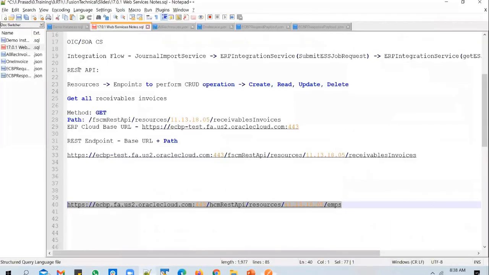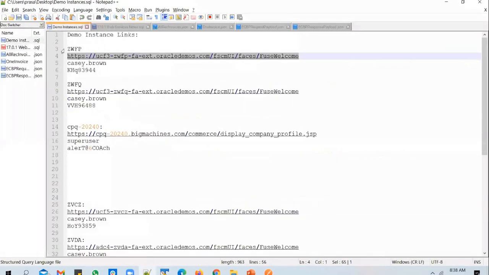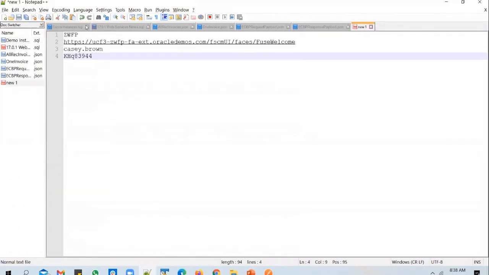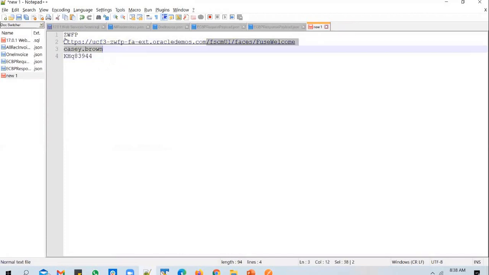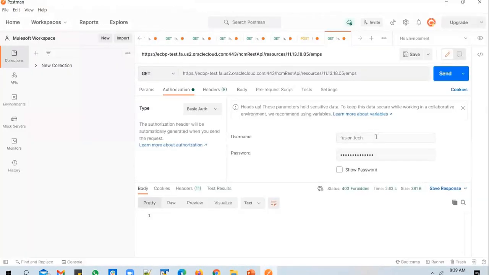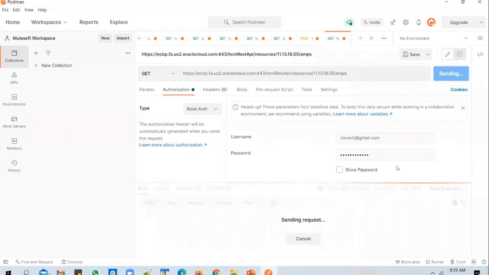But to keep it simple, what I will do is pick up a public cloud instance, which we will anyway need for the next use case or our next component. So we'll try to invoke this API in this URL. Probably what I can do is, instead of doing all that, I can share another set of credentials. Let me test this out.